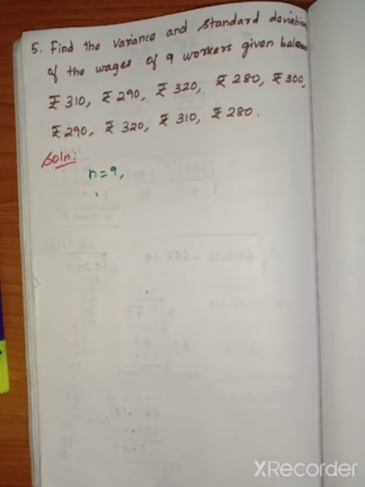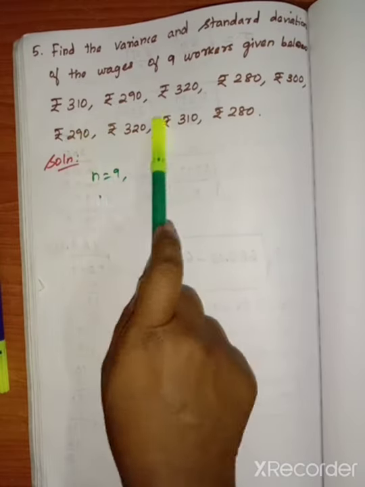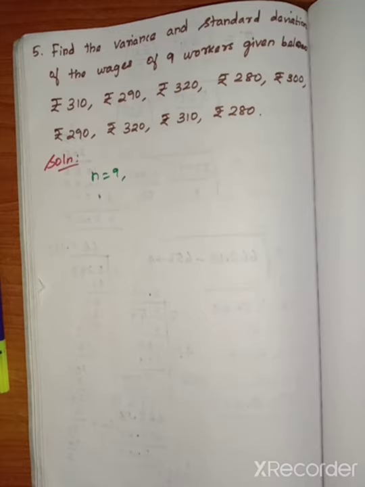For both, we want to know xi. We want to choose the method also: direct method, mean method, assumed mean method, step deviation method, because this is ungrouped data. So for this, see the numbers: 310, 290. They are so big. For such big sums we can use the assumed mean method, because if we subtract, we get the lesser value to multiply, and it will be easy, and the addition also will be easy. So here we can use the assumed mean method.